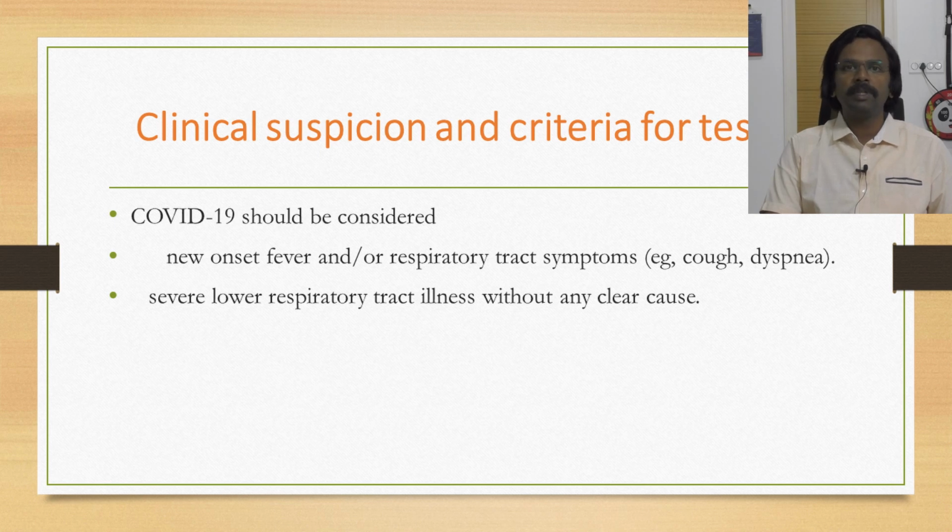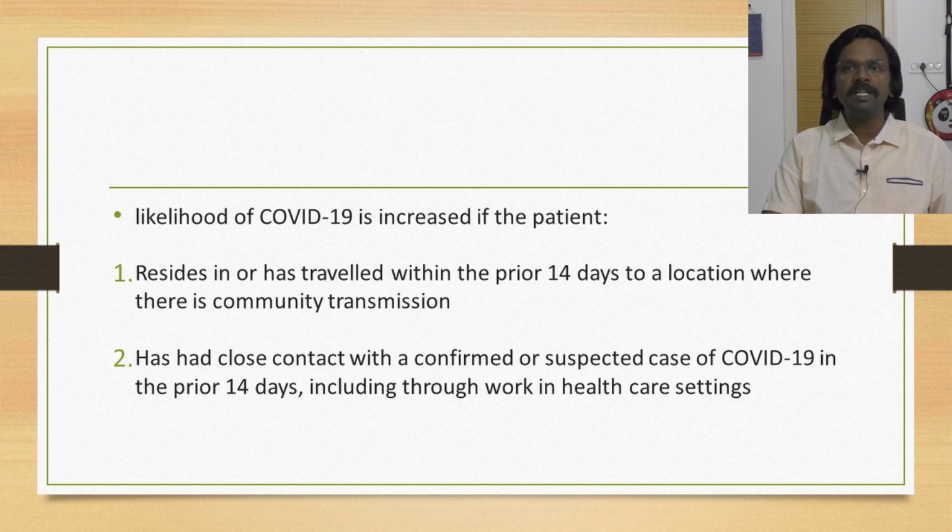COVID-19 should be considered in patients with a new onset of fever or respiratory tract symptoms, or severe lower respiratory tract infection. Particularly, the likelihood of COVID-19 is increased if the patient resides in or has traveled to a location where community transmission is present, has had close contact with a confirmed or suspected case of COVID-19 in the prior 14 days, or works in a healthcare center. So these are the criteria to suspect that this is a case of COVID-19 pneumonia, and we need to properly